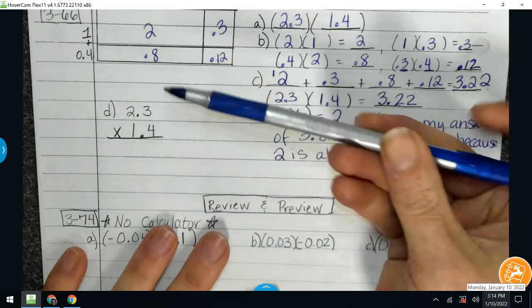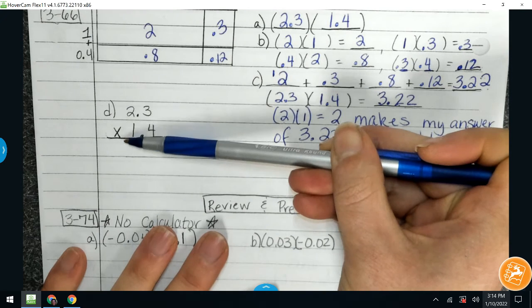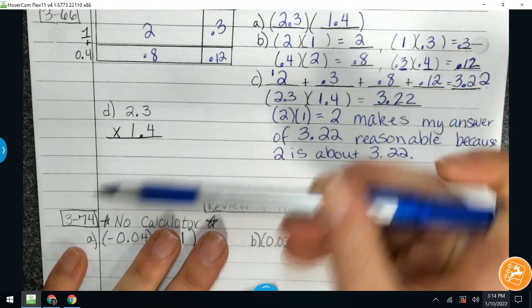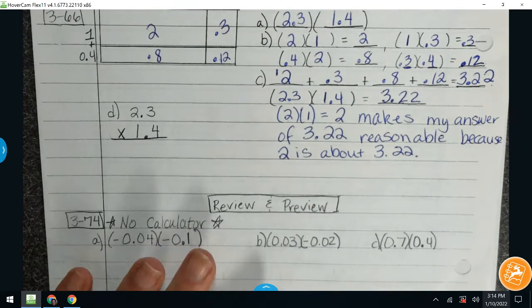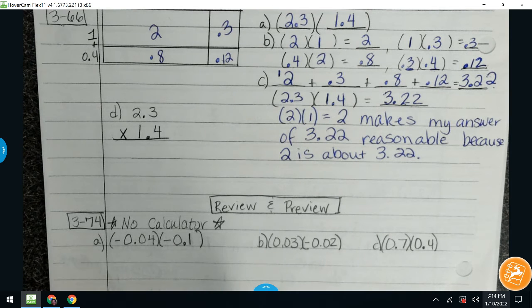So the rule is that when I'm multiplying a decimal by a decimal using this method, I don't worry about the fact that it's a decimal until the very end. I treat it as just regular whole number multiplication until I get to the very, very end. So I pretend that I have 23 times 14. My first step in the standard algorithm is just like if I had 23 times 14,